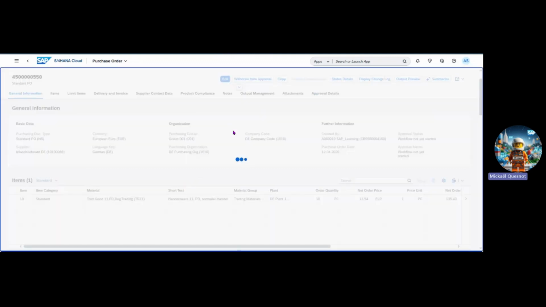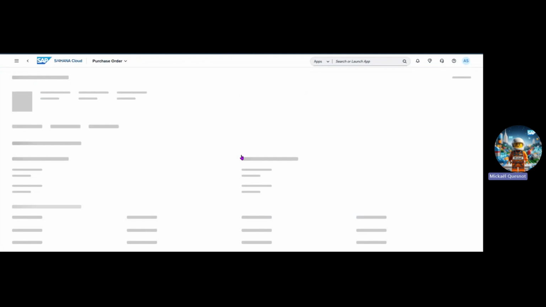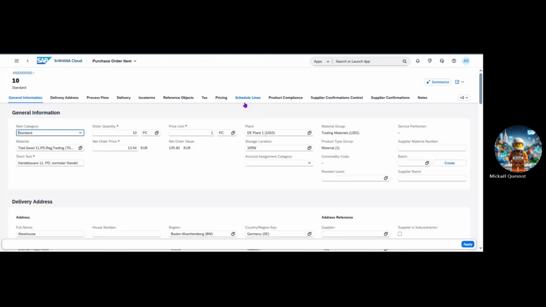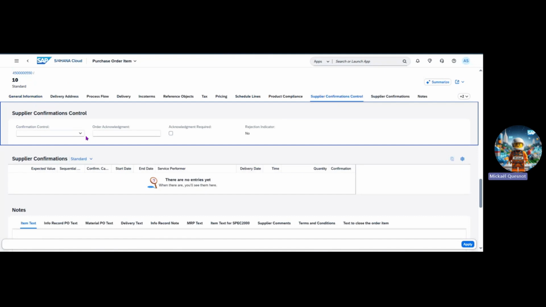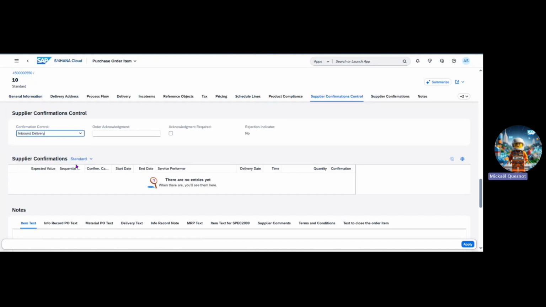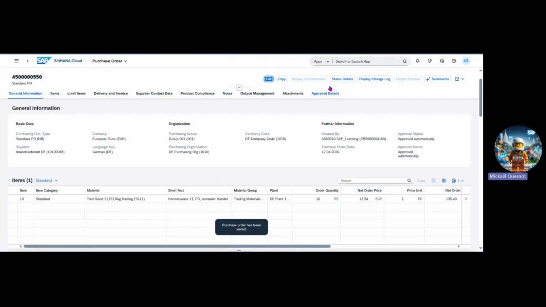So the most important thing, if you want to create an inbound delivery, is to go in the detail of item 10 to check that the confirmation key is inbound delivery. I go in the detail, supplier confirmation control, and I check that my confirmation key is inbound delivery. I click on apply, I order, and then foreground or background,